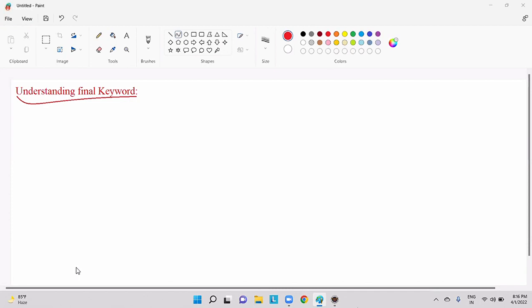All right, let us start our session. Understanding the final keyword. Before discussing the final keyword, I believe you know about the static keyword. In how many ways can we use a static keyword? Exactly, three ways.